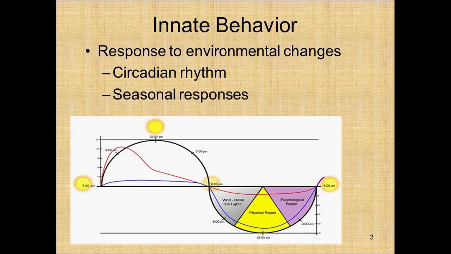These are changes to the environment due to long-term weather changes such as fall and winter. Our examples would be migration. African animals migrate as they follow the seasonal rains. Birds fly south for the winter. We also have a seasonal response in terms of finding mates. Sea turtles will return to the beaches where they hatched. And then of course we have hibernation.